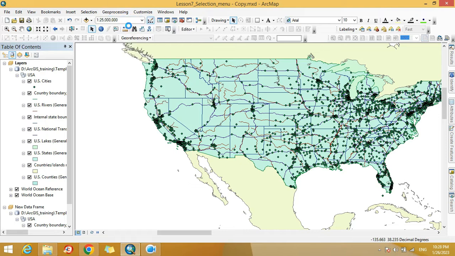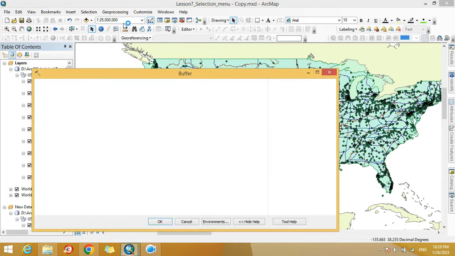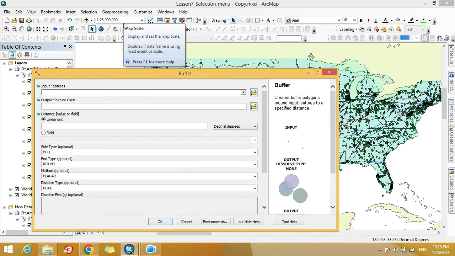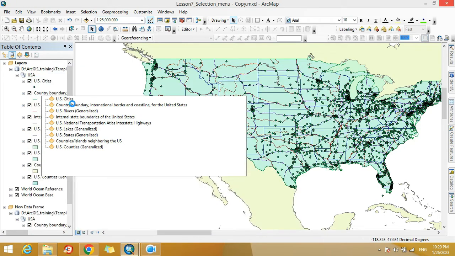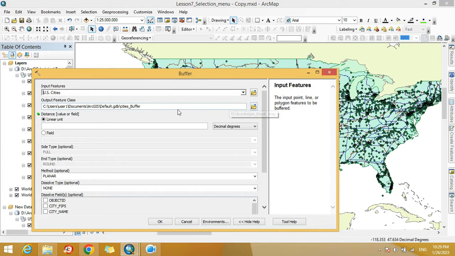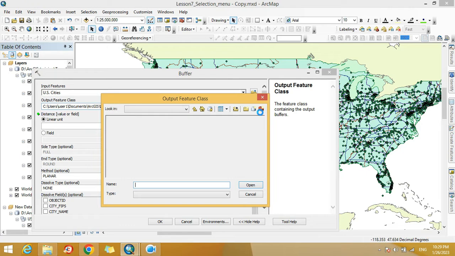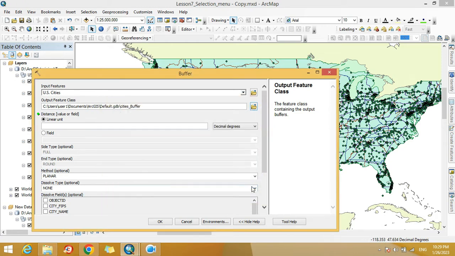For example, we open this command and we want to create a buffer around the cities, for example, USA cities, and click USA cities. For the output feature class, we specify the data where we will create the new layer, the new buffer. We go to the ArcGIS and go to the specified layer, and we can save this layer here in the database